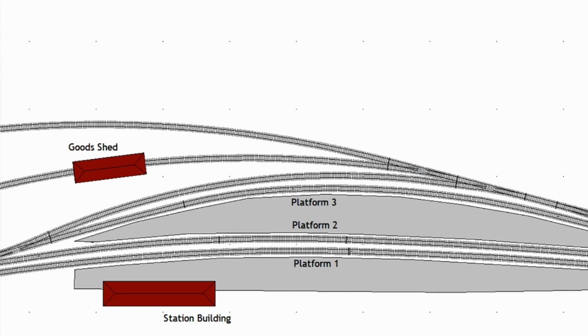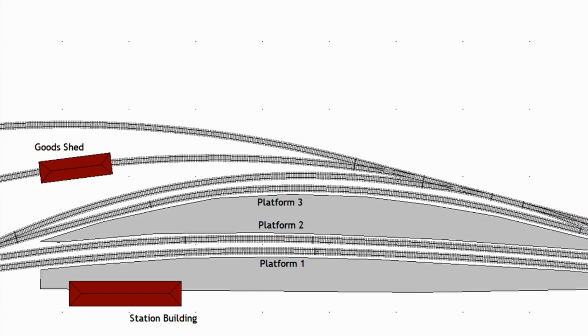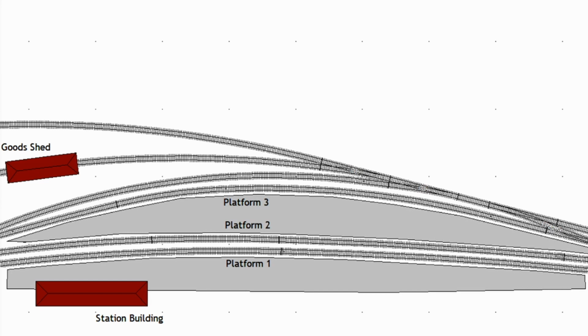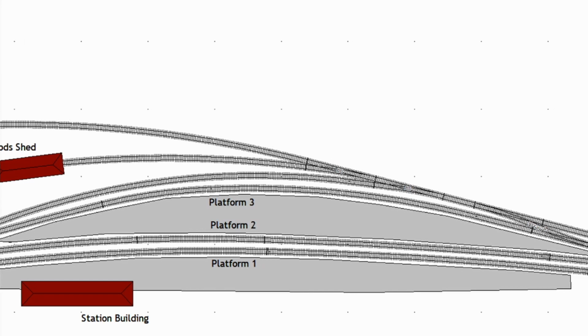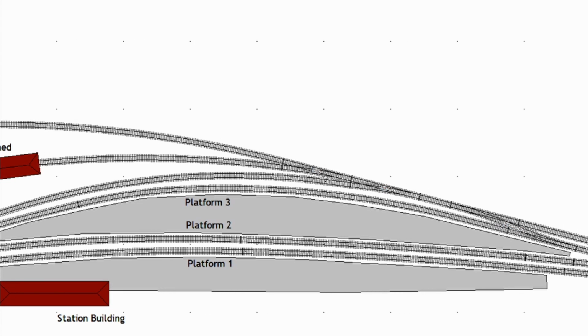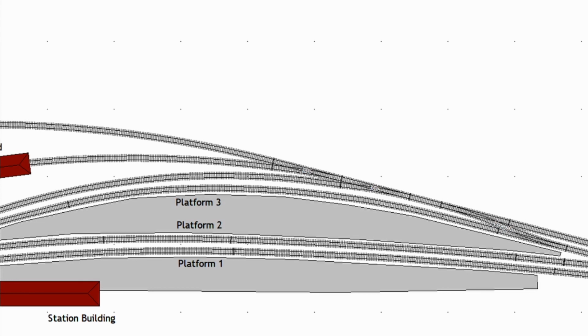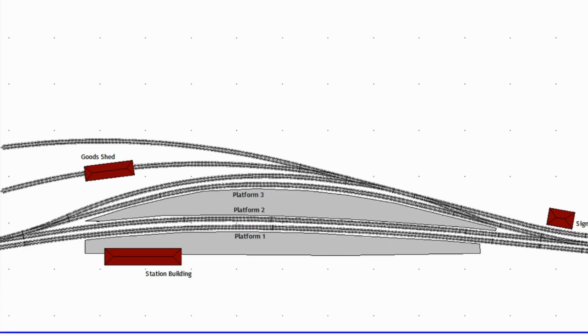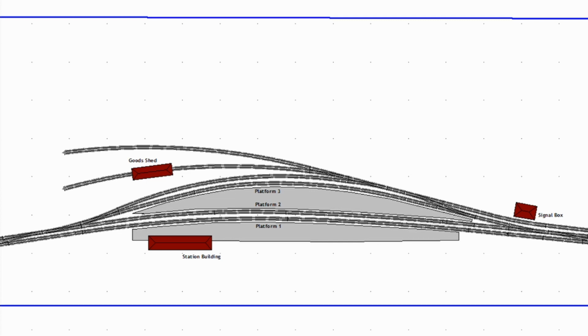But that loop also does double up. When the terminating service isn't due, we can run a goods into here. The loco can drop off with any stock it needs to, run off into the head shunt, back into the goods shed, or into the siding on the other side. It basically frees up the main line so they can keep running, so services can stop or carry on chugging through non-stop. Lovely stuff. I think this really will open up the operational potential of Malcolm's Way quite extensively, and